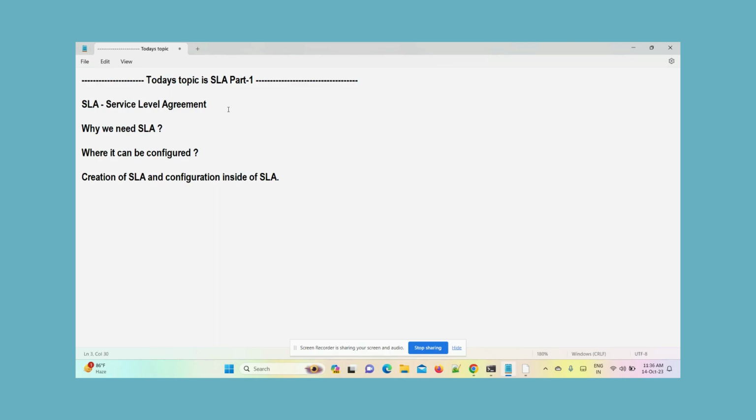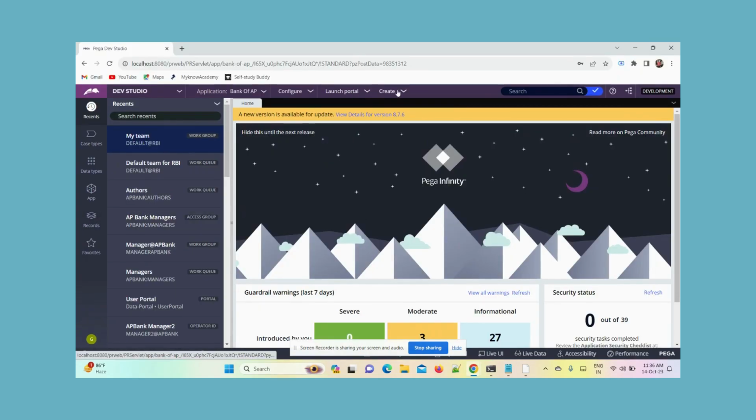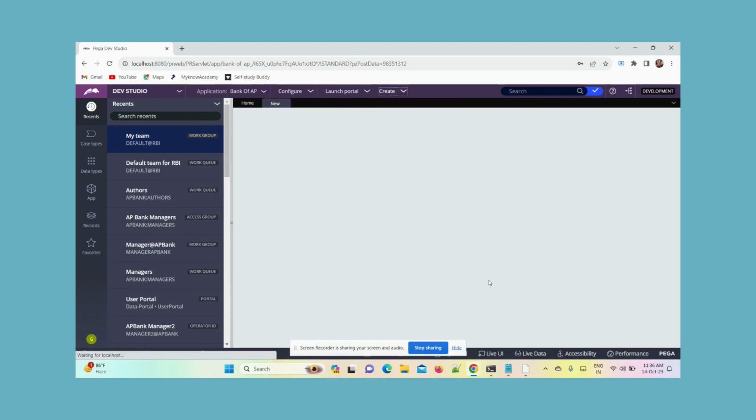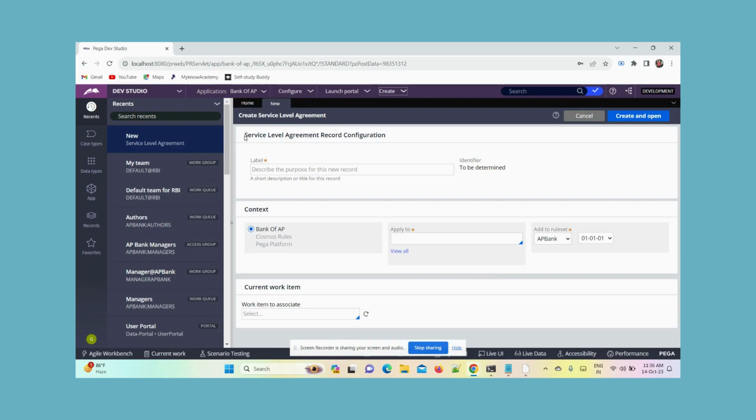So today let's discuss how we are going to create the SLA and how we can configure it. What are the steps we need to take to configure the SLA? In Studio, go to the Create menu, then Process, and we will find Service Level Agreement. Here you can see the service level record configuration. Just give the name as